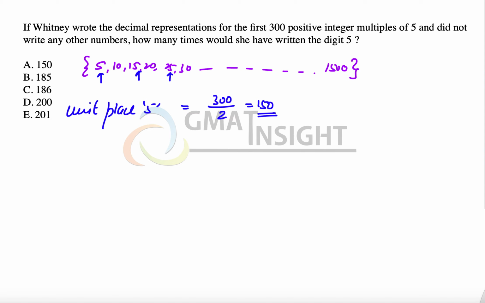Now the second step is to calculate how many times the tens place has been occupied by the digit 5. When the tens place is 5 out of these 4 places, we have to find how many such numbers are possible. But there is a question that we can make either 2-digit numbers or 3-digit numbers or 4-digit numbers as well. So let's quickly count all the 2-digit and 3-digit numbers first. When 5 is fixed here, the unit place can have only two possible values, either 0 or 5, so it can be filled in two ways.